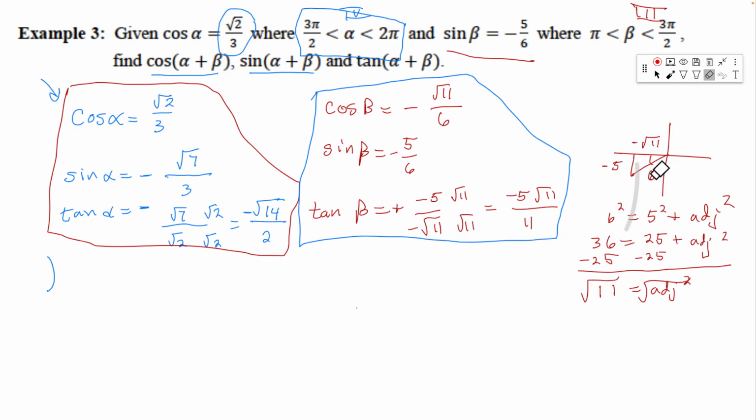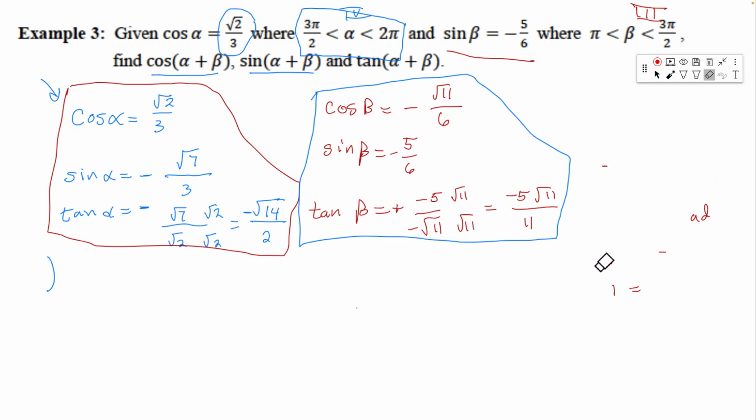Actually, I'll go ahead and take this out because it just shows you, first you set up the triangles, get all your values, and then you use those values in the formulas. And so for the B part, we want